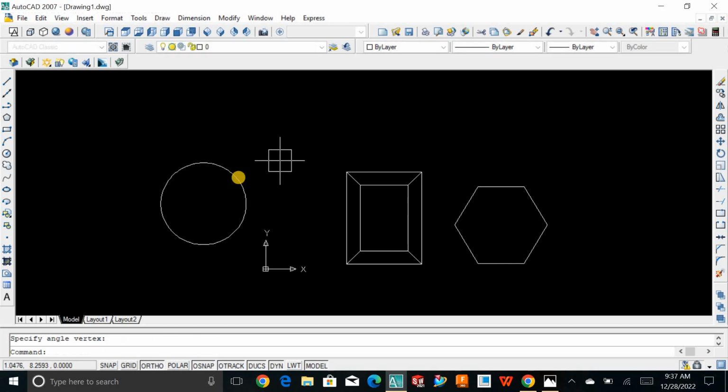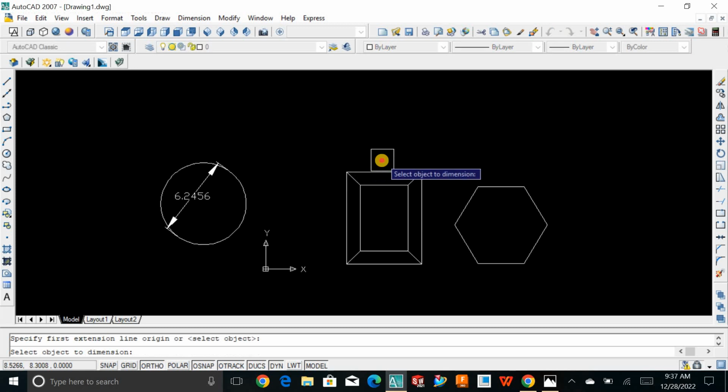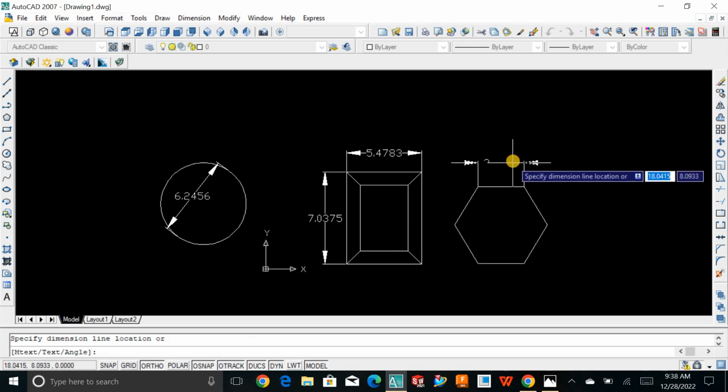DAN, double enter, DAL, double enter. Now the diameter is this much, this length becomes this much, this length becomes this much,